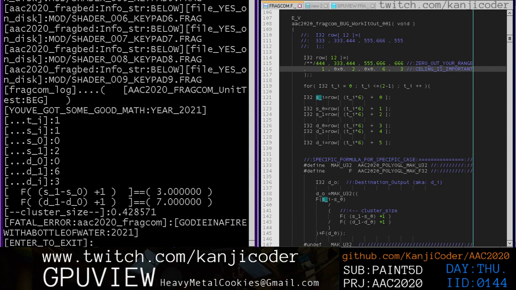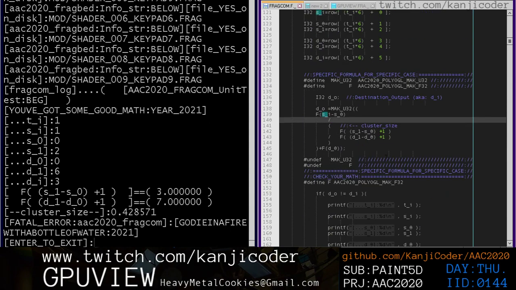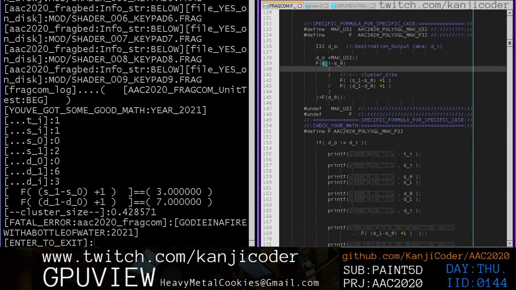And if we look at this math here, the final value before truncation, right? So we want to take the whole formula. Before we do this make U32, we got to look at what it is before that, because I'm going to guess that it needs to be